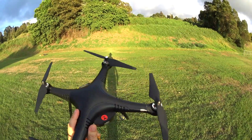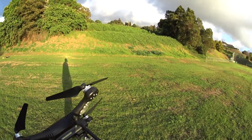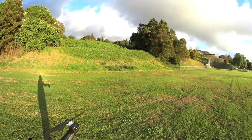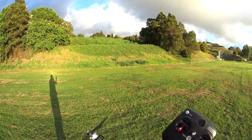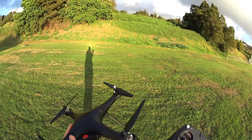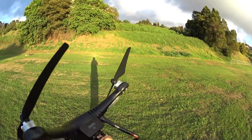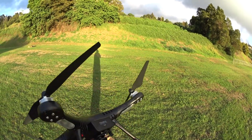So besides that, I thought this one was going to have maybe an altitude limitation of below 400 feet, something like 350 feet, and it seemed like I was up above that 350 feet, and it just kept going. So I'm not sure if they enabled the GPS geofence on this. It said it was in the manual, so I can't really test that though, but I will be testing it when I do put an FPV setup on this, and I do plan to just put a simple FPV setup,